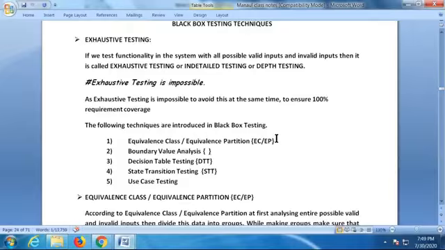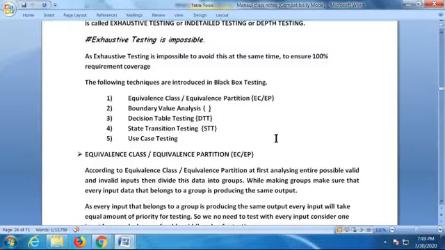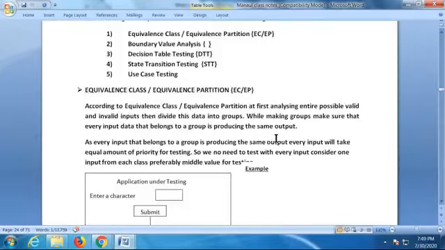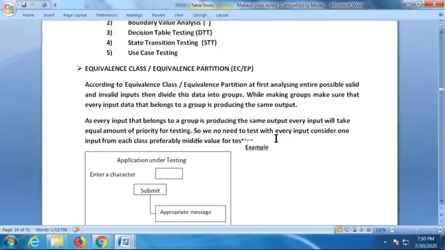Some of the techniques are very useful for designing your test cases. For test data preparation, very important. Equivalence class, equivalence partition, BVA, boundary value. There is no application without boundary values. Okay, so how you execute them, how you follow them, let us see. So what is equivalence class, equivalence partition? According to ECP,